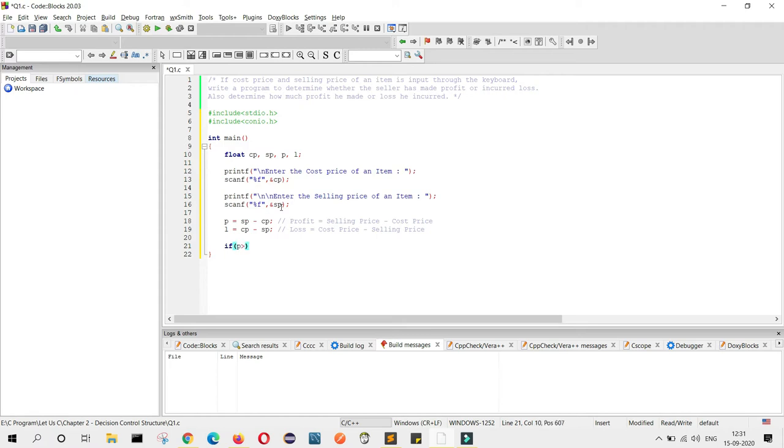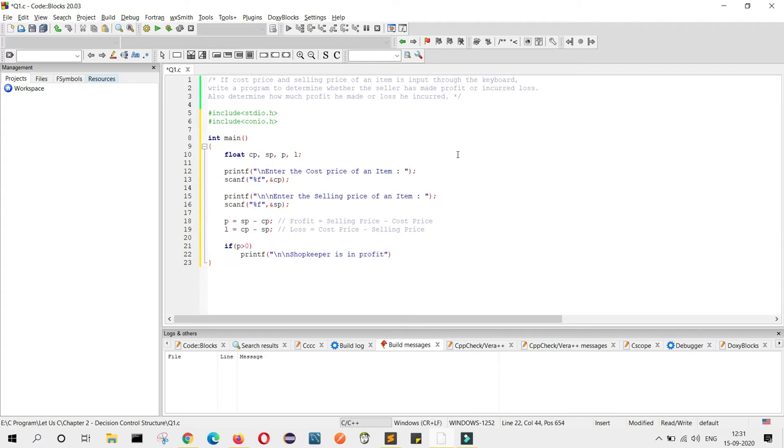Now we will write the condition: if profit is greater than 0, then printf. Here we will write the shopkeeper is in profit.